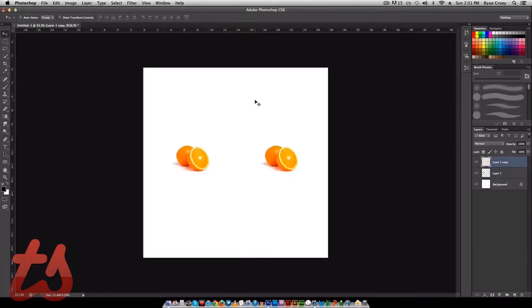Hello guys, and today we're going to be talking about layers in Photoshop. Now, this may not be the most interesting tutorial, let alone the most complicated. In fact, it is really quite simple. The first thing I would like to show you before anything is the difference between a smart object and a